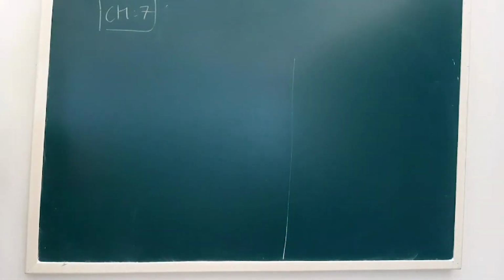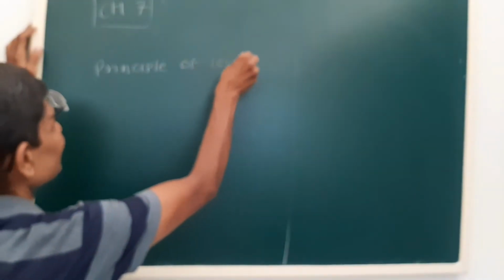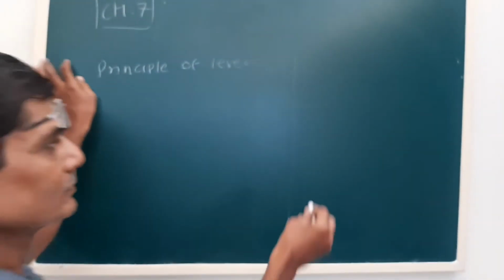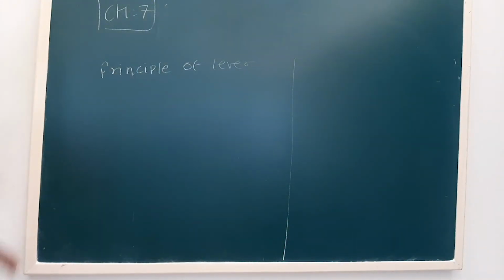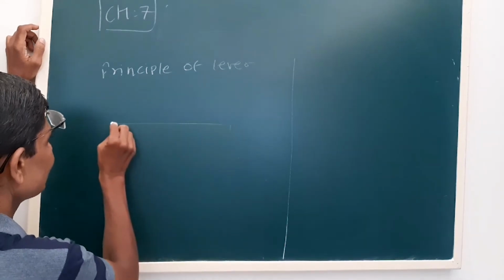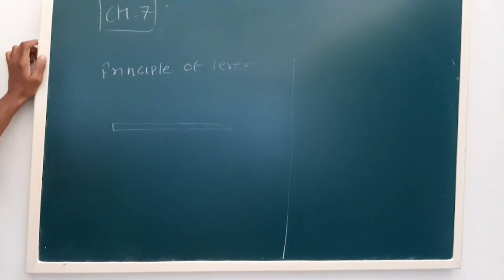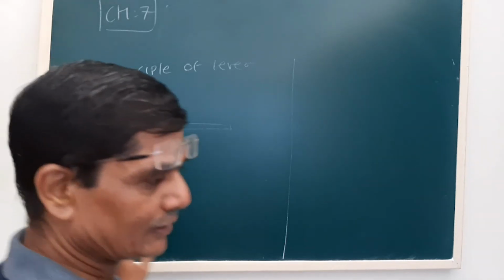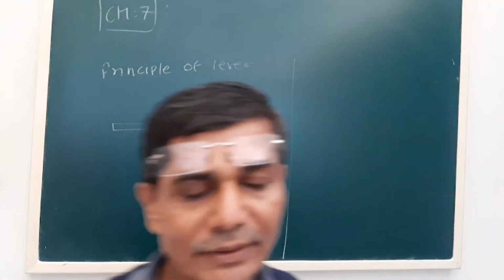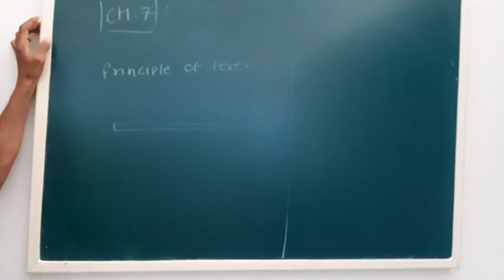Now see, one more thing we have to study in this lesson is the principle of levers. All of us have seen the seesaw, on which you used to play when you were small. So what happened there? Now it is a simple machine. Here the seesaw is a simple machine. You studied about first type of lever, second type of lever, third type of lever. That was one of the simple machines.